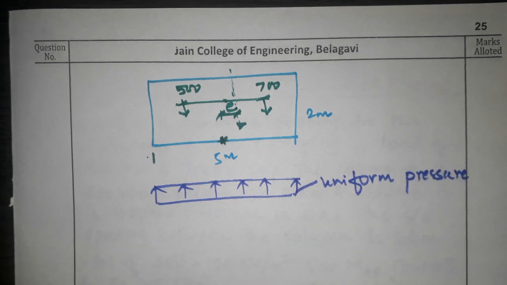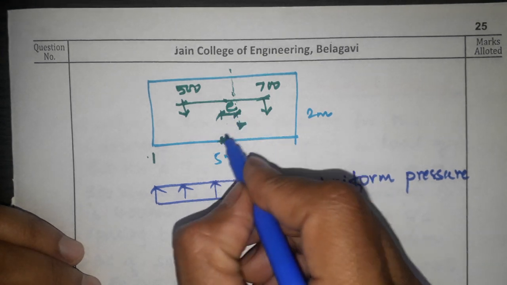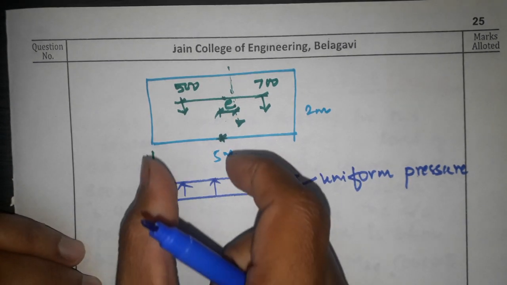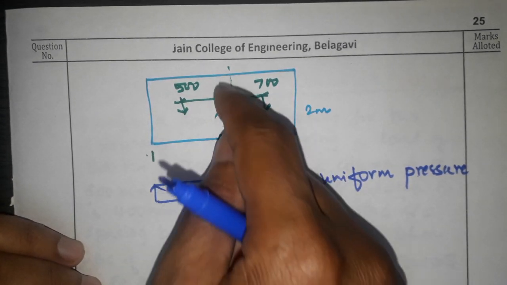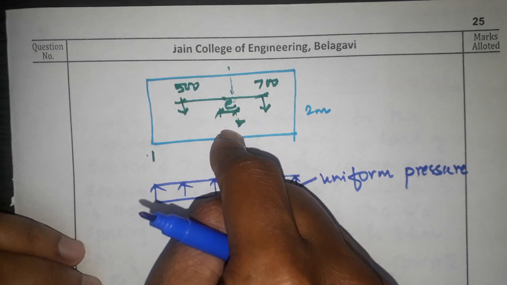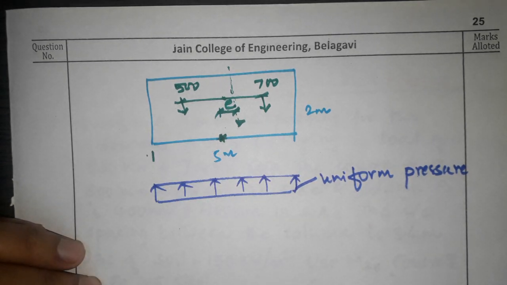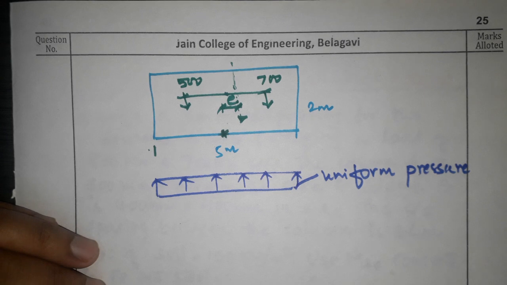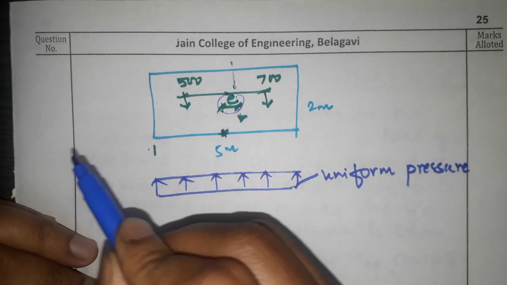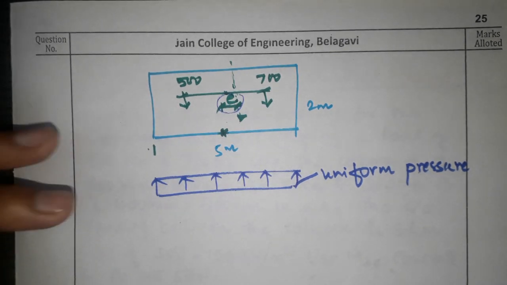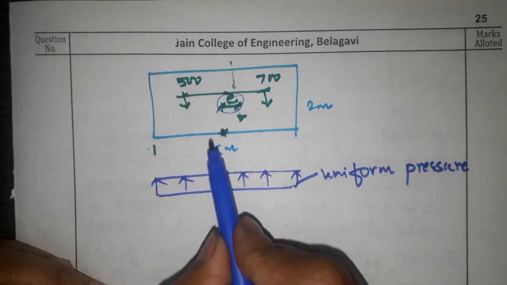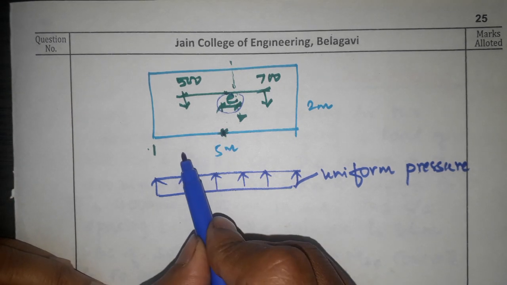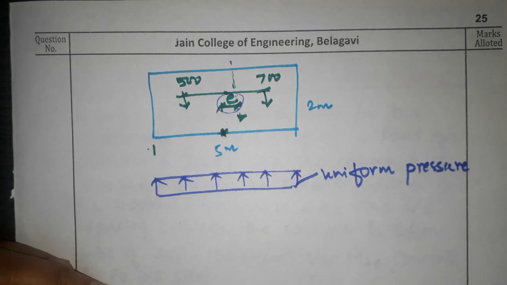And the pressure is uniform when it is possible? When both the CGs coincide. So we have to adjust the footing to get the CG of the load and the CG of the footing in the same line. If you are not able to coincide them, the pressure will not be uniform because of eccentricity. What will happen in that case? The CG of the footing is somewhere and the CG of the load is somewhere else, so it will develop eccentricity.